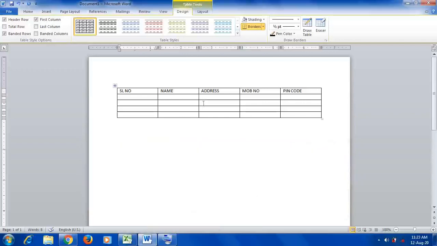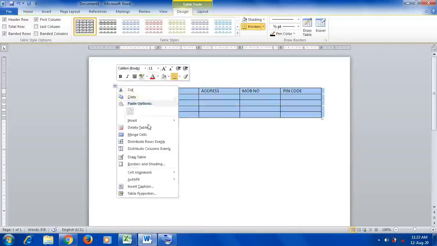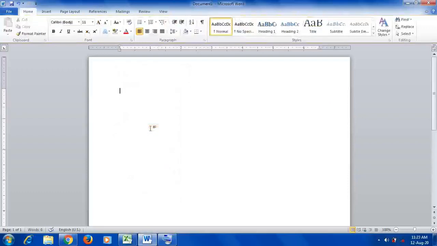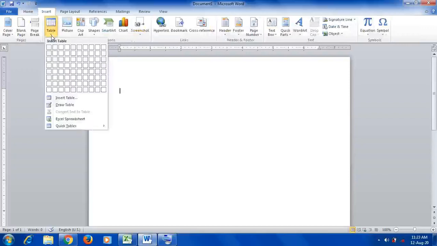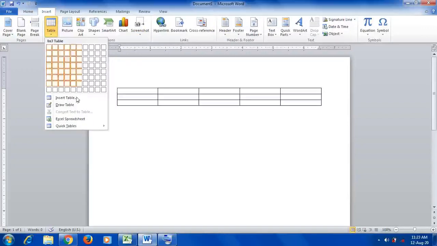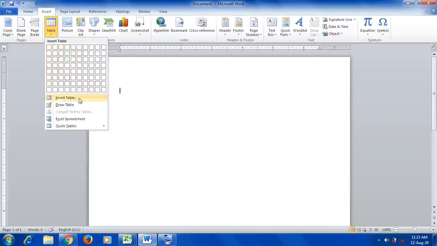Okay. Next point, inserting a table in the next way. So let me delete this table. I will select that table and click on the delete table option for deleting. Next, using the insert table dialog box, the second method for inserting a table. Again click on the Insert tab, then go to the Table option in the Tables group. Here in the Tables group you have the Insert Table option. You can see it highlighting, as I already placed my cursor over that option. So click on Insert Table.